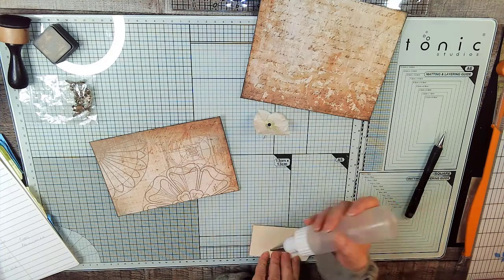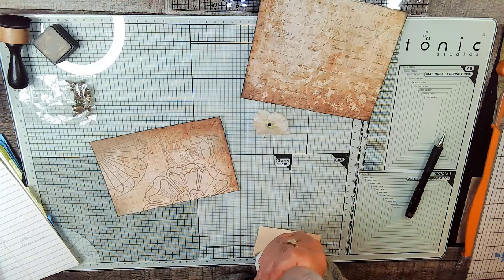Okay. Now, I don't want to ink the tab. So, let's just do...